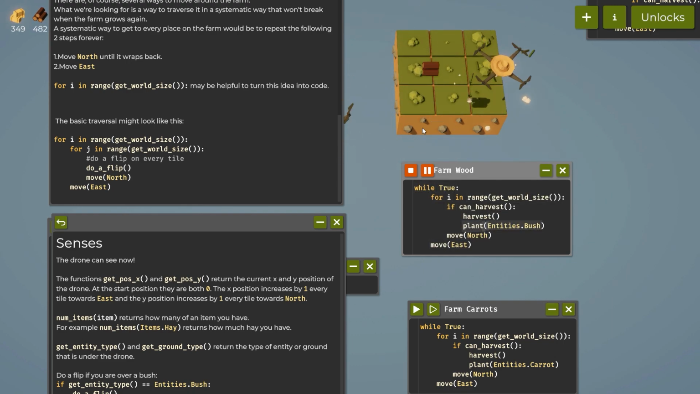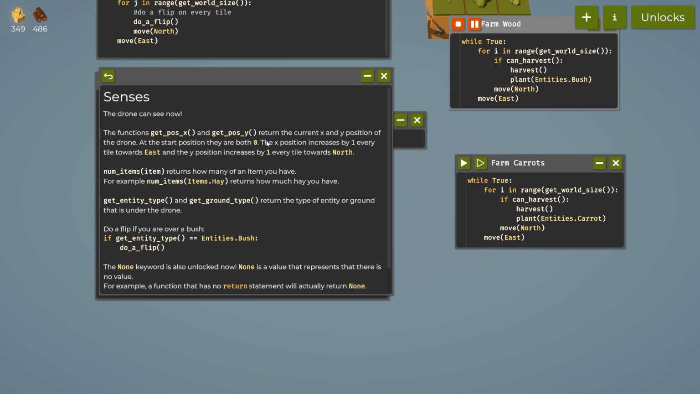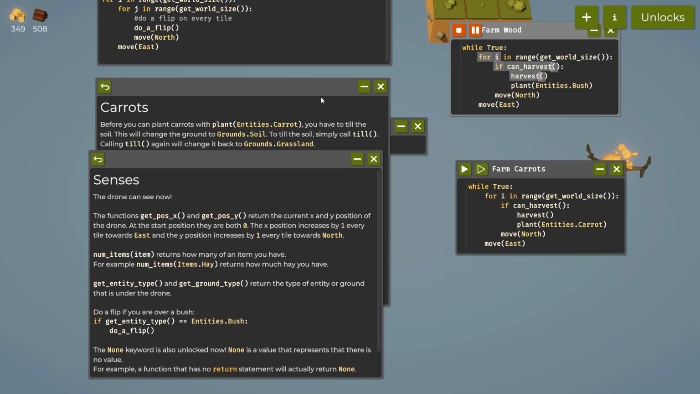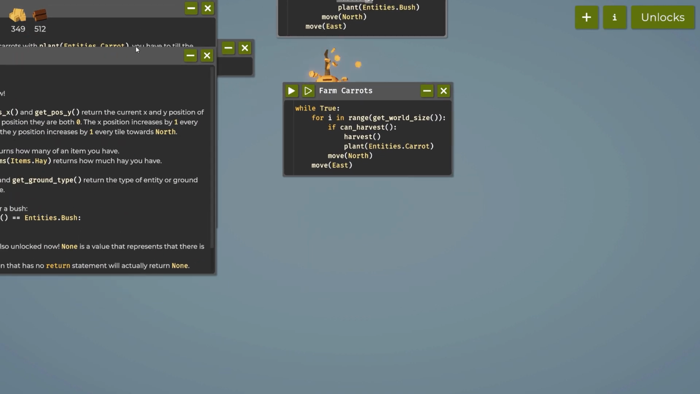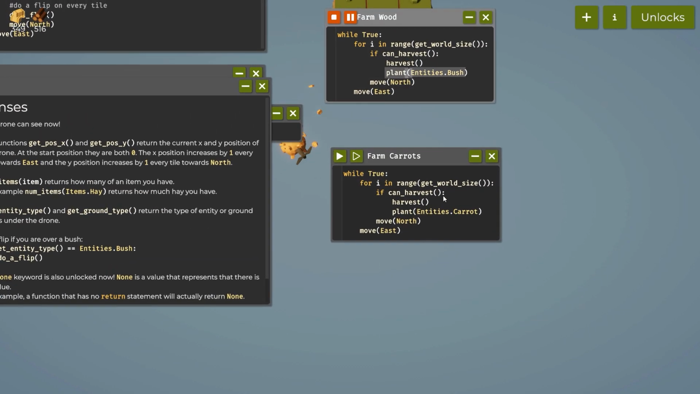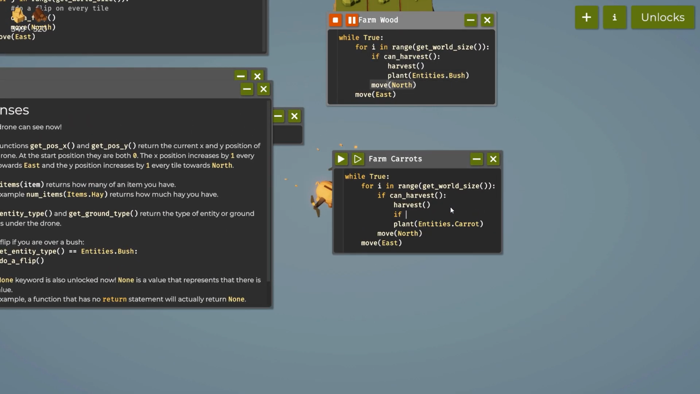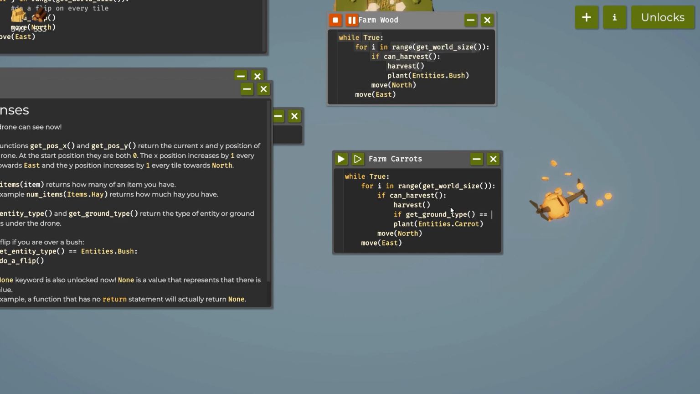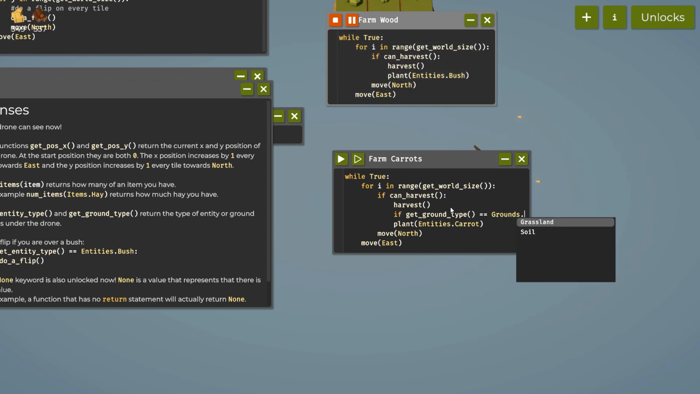So look at that farm. Working really good. I like that. Anyway, so now we can also check what the entity is, so we can get the entity that's right under us and we can get the ground type. And this is what I wanted, because before I till, I want to check if the get ground type is equal to grounds.soil,